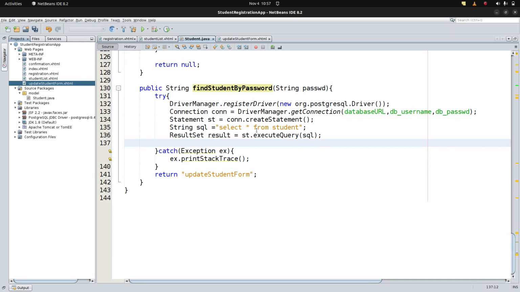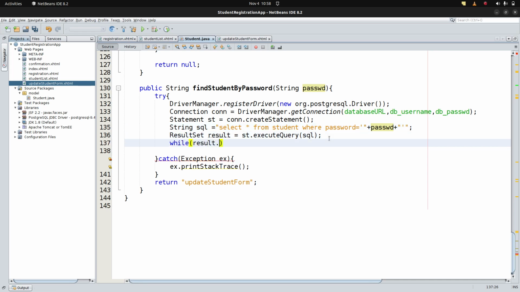We select all from table student where the column called password in the database is equal to, we provide the quote and do concatenation, the password we provided through this method. We select all from student where password is this, and then we say while